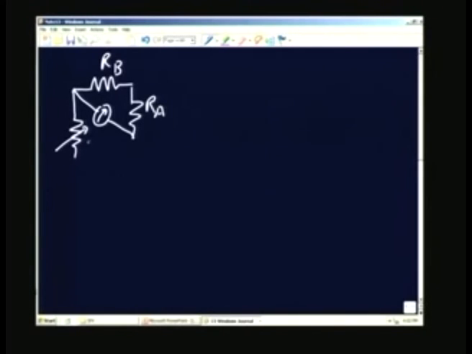I am going to take a look at the arrangement. So, in the first case, this is RB, let me just call that RA and RB, and the milliammeter is here to indicate the balance. I am just drawing a simple sketch corresponding to what we had. This is the resistance which is going to be varied, RS we will call it, and here we have the RTD with the 4 lead wires, this is the PRT. Let me indicate them like this.